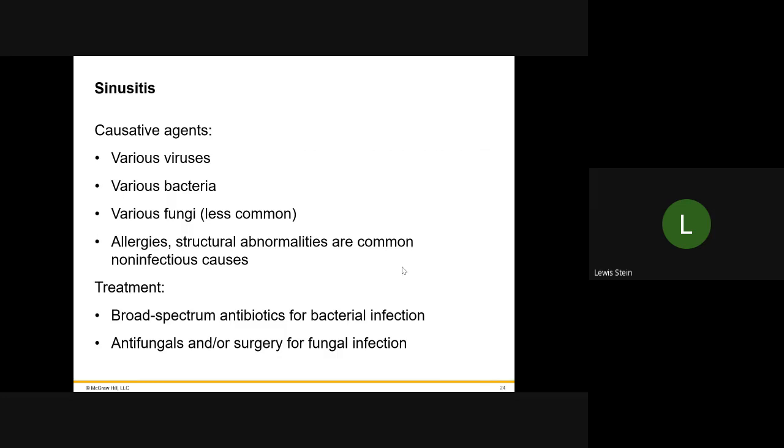We do see a lot of allergies, certainly, which are non-infectious effectively by nature. It's immunological. And structural problems, people with a deviated septum, relatively common. Well, we're going to see aspects of sinusitis, and it's certainly not the only factor. And so I disagree. I think you might start with broad spectrum antibiotics, but I don't think you'd go crazy over it with regard to those things. And obviously for fungi, antifungals, and a lot of times you're going to be looking at surgical measures to promote drainage,